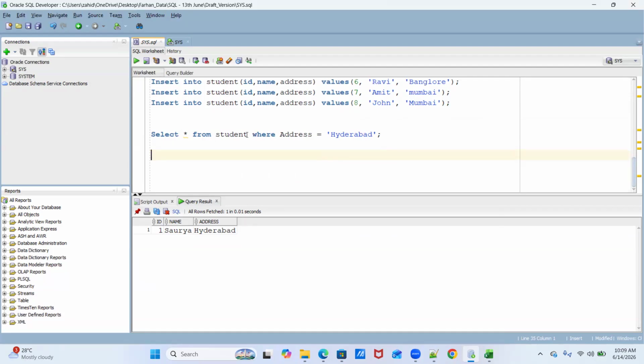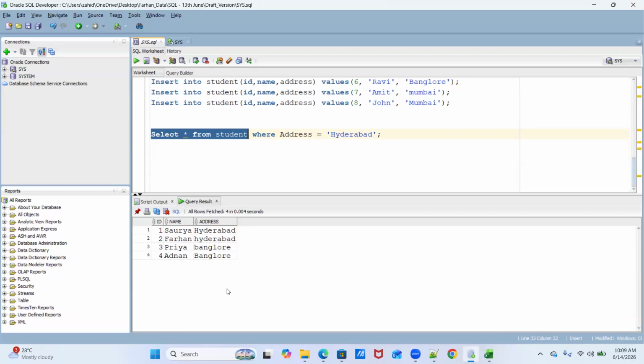So let's say you have this data, and for any of the columns, if you want to convert the data into uppercase, then you can use upper. With the help of that, we can convert the data into uppercase.